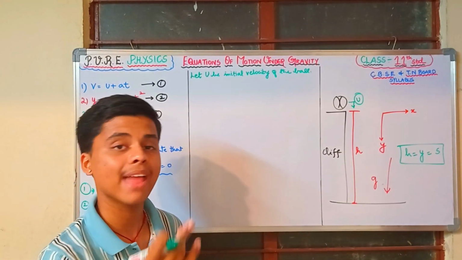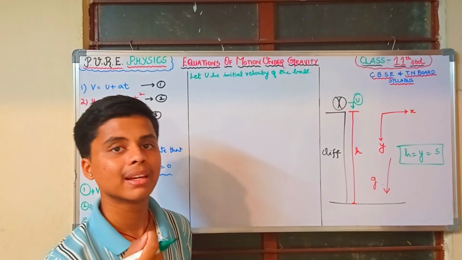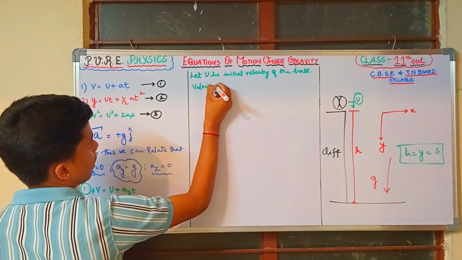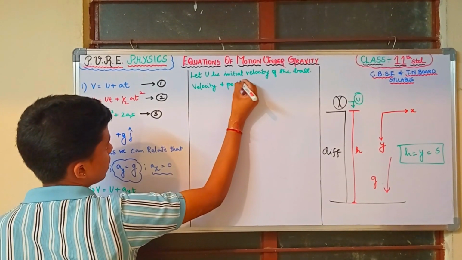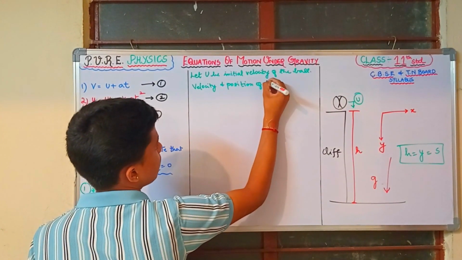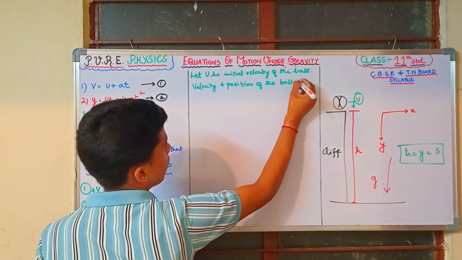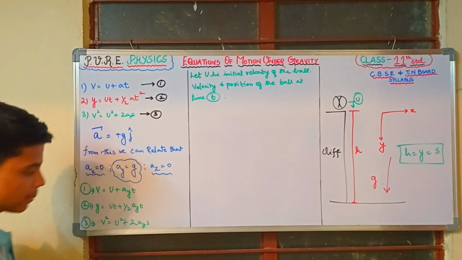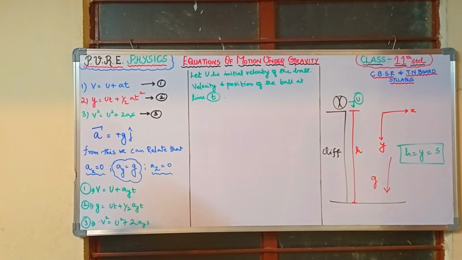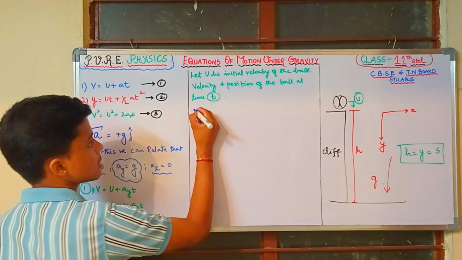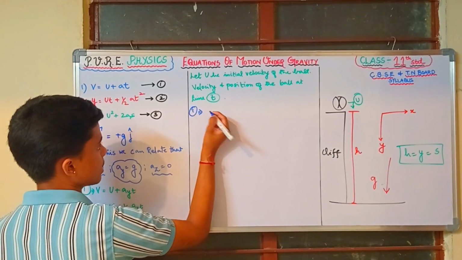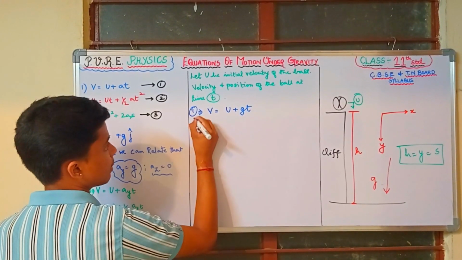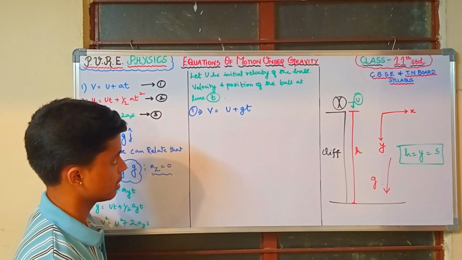Now we need to find the velocity and the position of the ball at a particular time t. Therefore I am going to replace a_y with g. So the first equation will become v is equal to u plus gt, and my second equation will become, in the place of a, I am